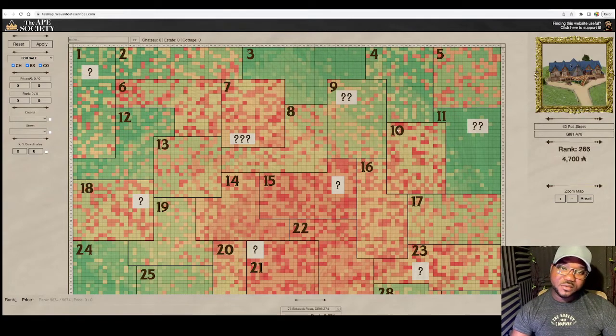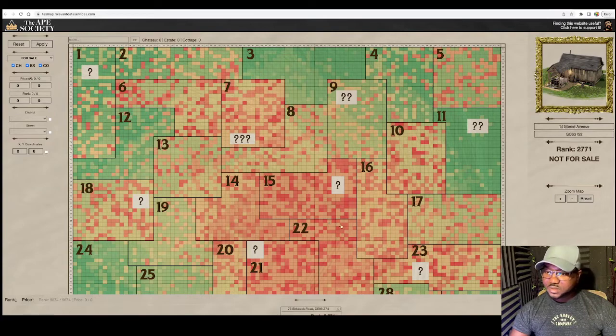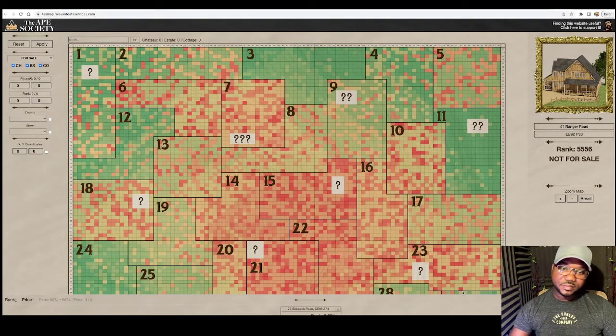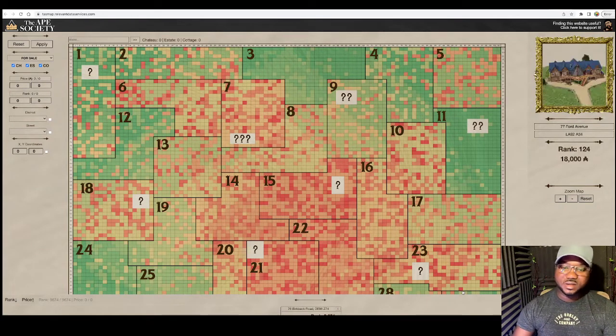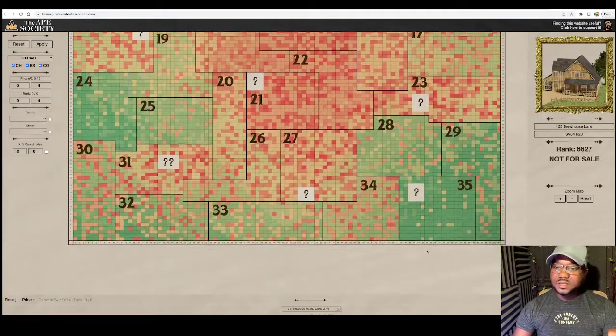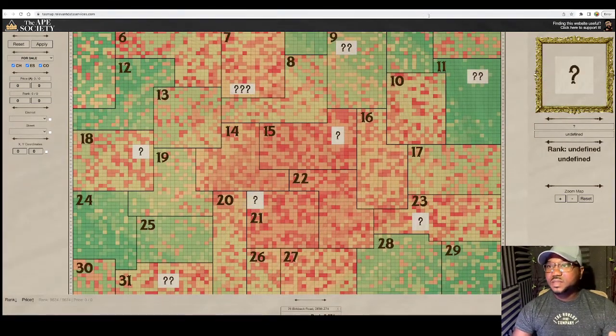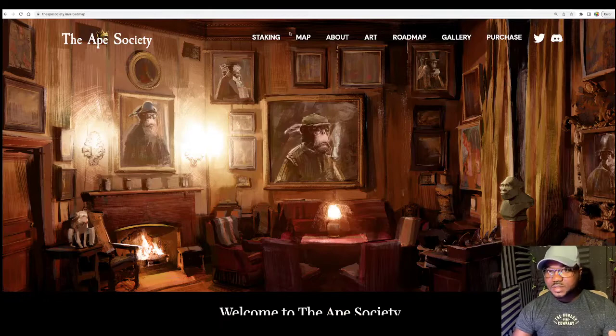But again, if you look at this heat map, it's also showing you which area is more popular in sales. I believe that's how this one is broken down. Don't quote me on it, but I believe that's how this map is broken down. And you can see from this map. And how do you find this map? If you go to their website and then you click on map,